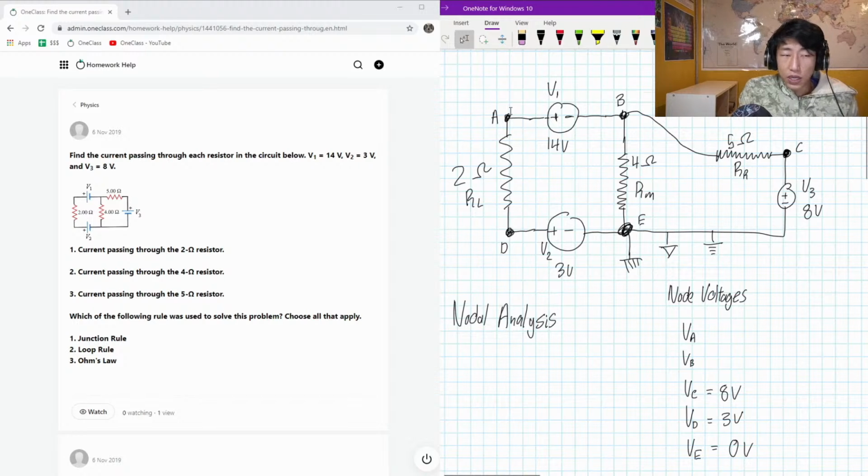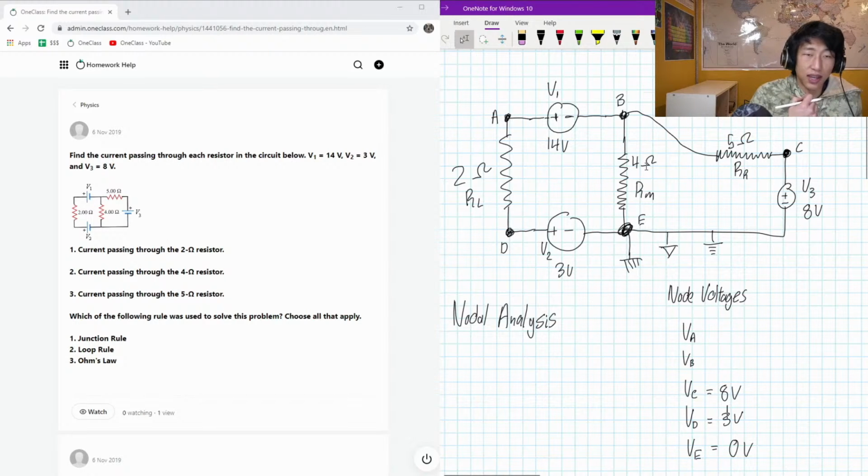Now, A and B are not going to be as easy to calculate. We will need to do a little bit more work to figure out what they are, but that is nothing to be concerned about. The reason is that we know the voltage difference between E and D is going to be 3 volts, but until we know the current in this RL, we're not going to be able to know the difference in voltage between D and A. So we're going to need to calculate that. But some of the other tools that we might want to set up